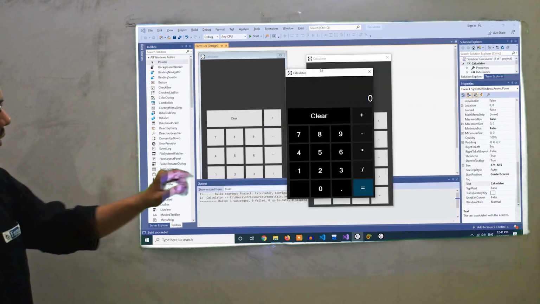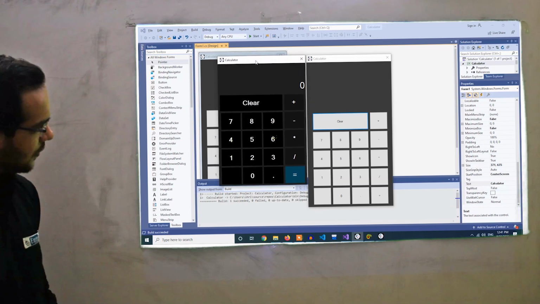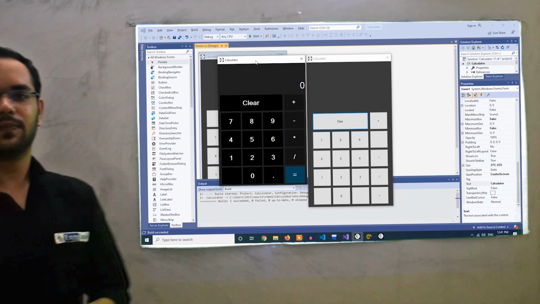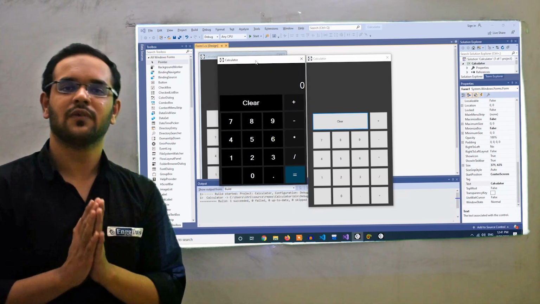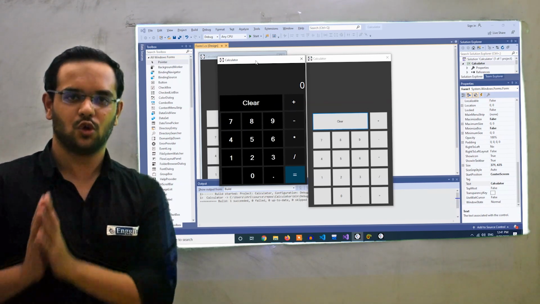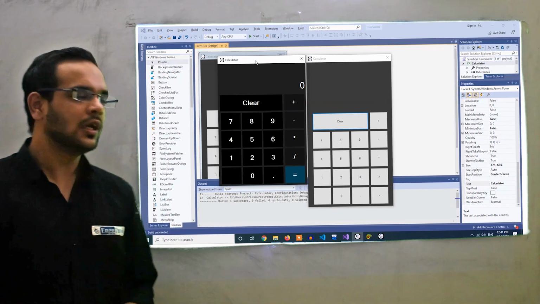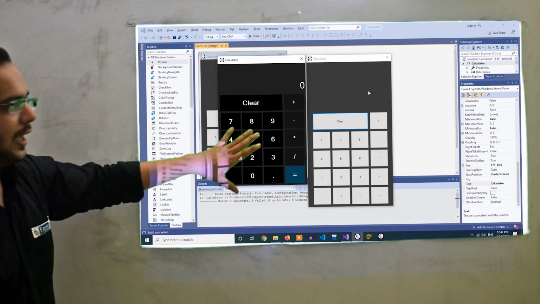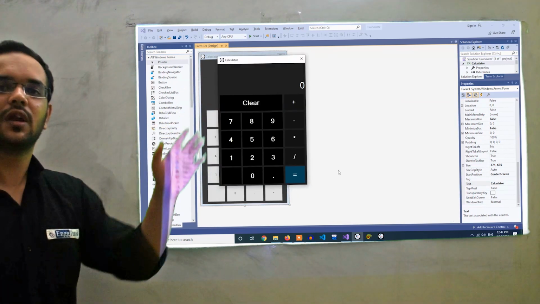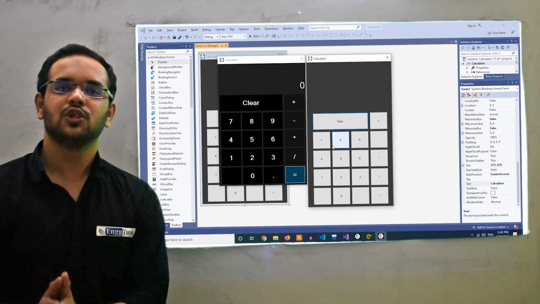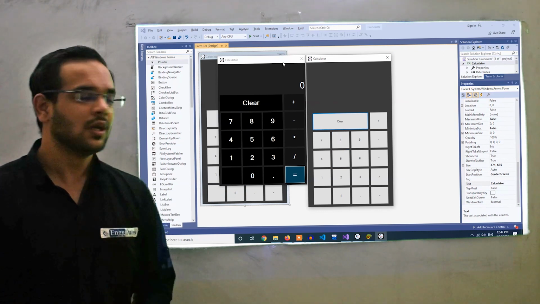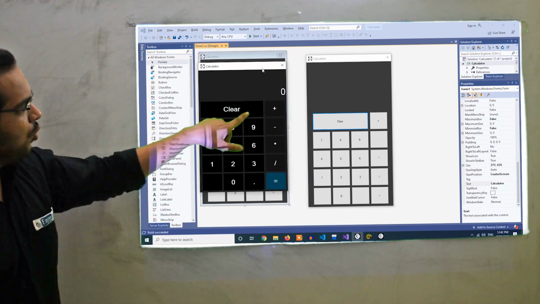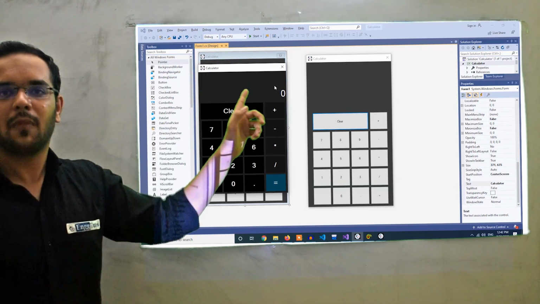Now go to our output. Friends, here one thing is very important, make a note of that. Here we are showing what your output should look like, because we have already developed this application. But when you are creating your own application, this output should be in your mind.